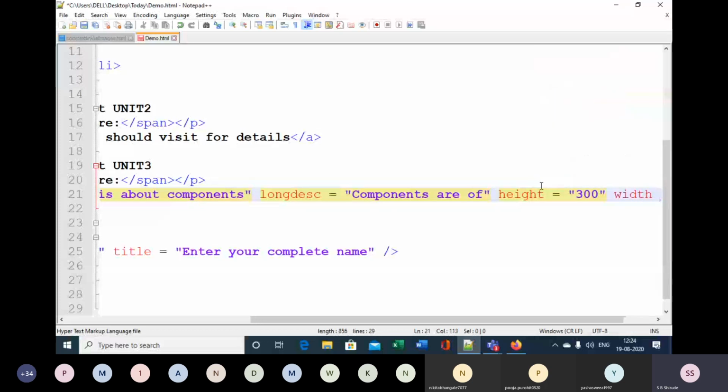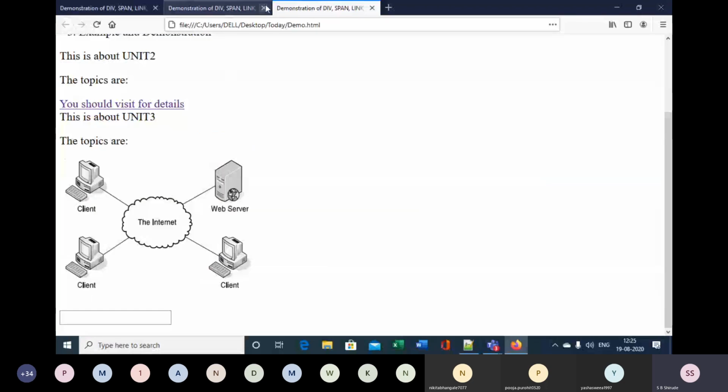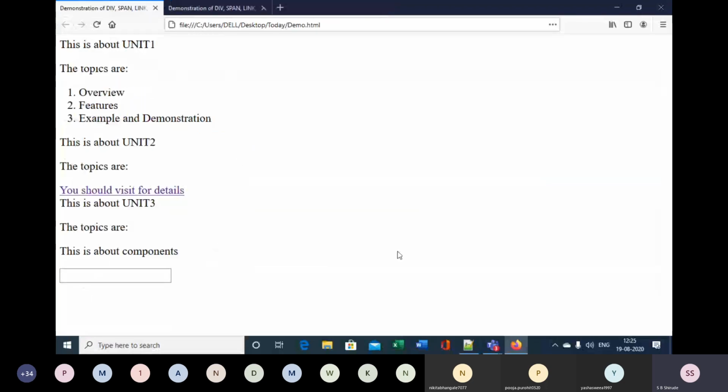So it is in terms of pixels. So height and width I have given. So launch it. The image size is reduced to what I have given. So this way the image can be inserted by using the img element, and for that we make use of the src attribute, alt, longdesc, and height and width.